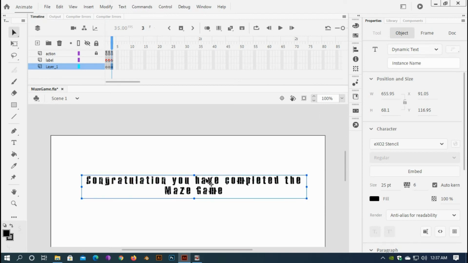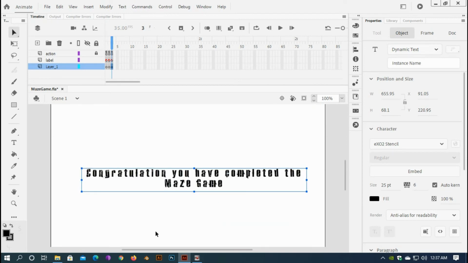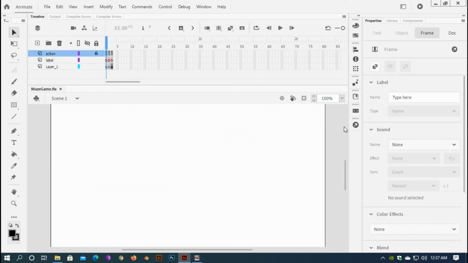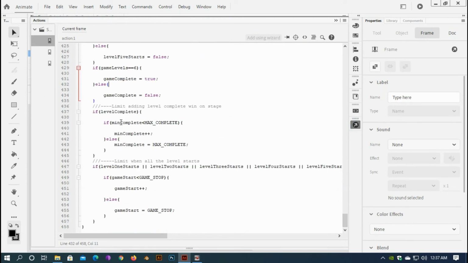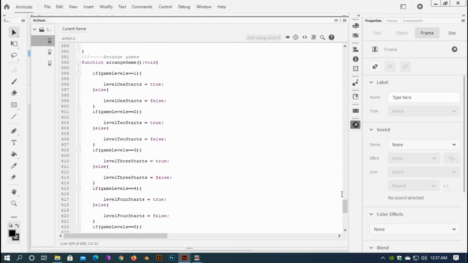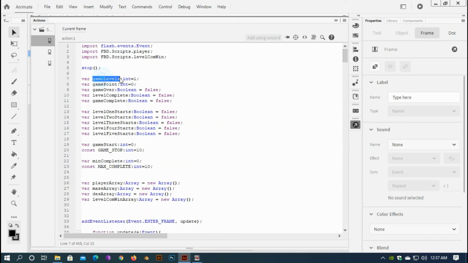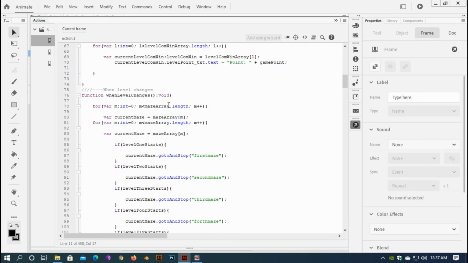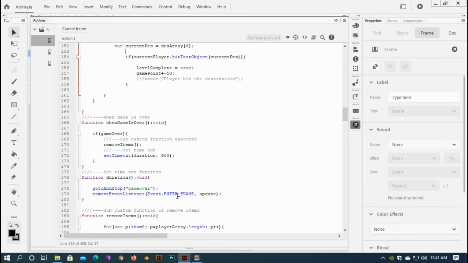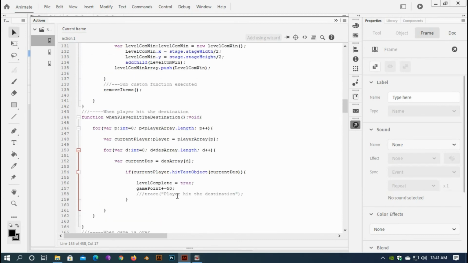Okay, so here I've declared that when game levels equal to 6, that means this game levels, and I want this gameComplete equal to true. And now here I'll create a custom function. I think